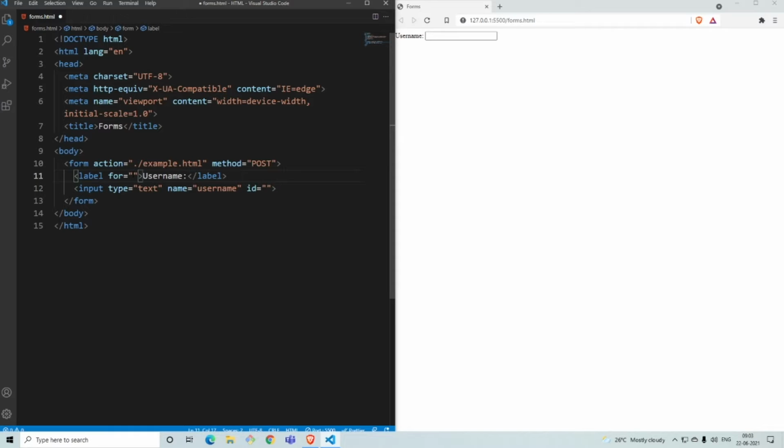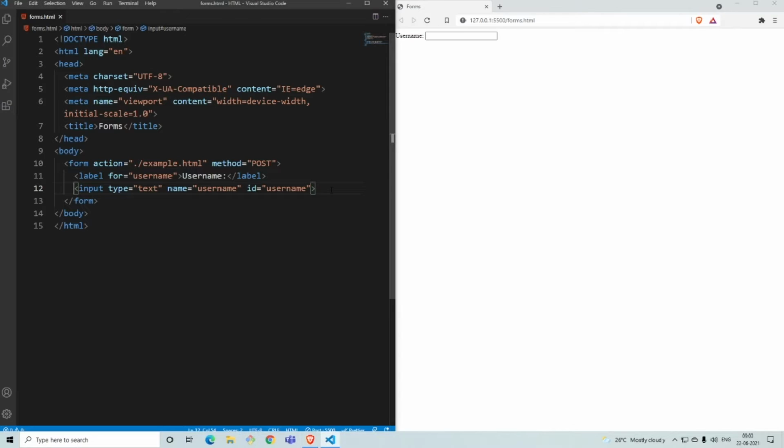So for that, you give a name here. Let's say I say username itself out here, and then I give the same name under ID out here, so it knows this corresponds to this. So you have that link in sync with each other. Now let's say a person does not know what to type here. This would help them by saying you have to type in the username out here, and that's stored here.